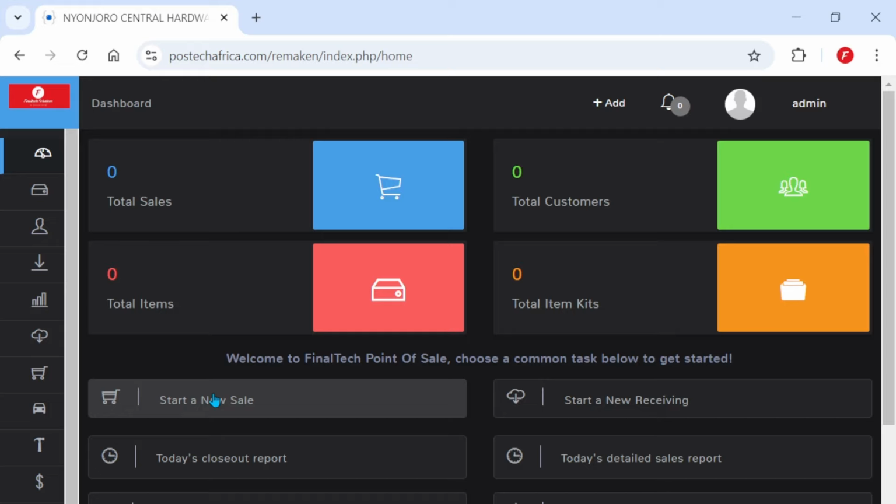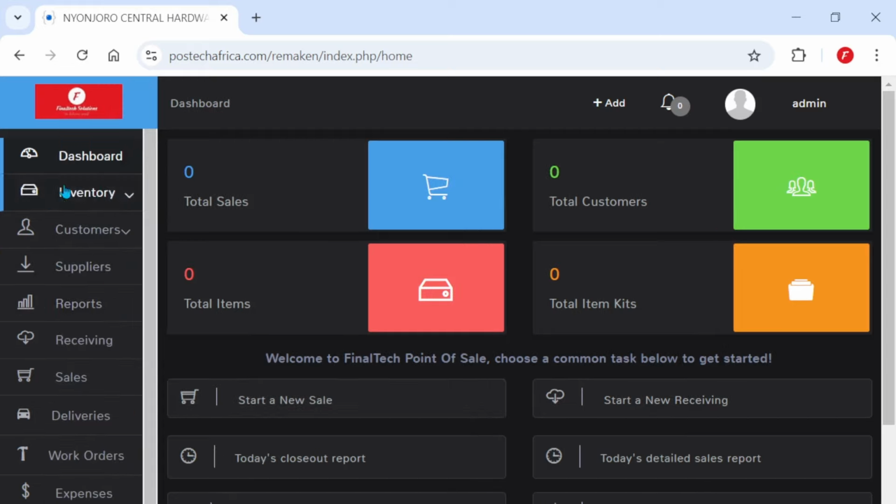Everything is working perfectly. We'll be going through each and every one of these features and show you practically how they work. And at the end of the day, you'll be able to see the final results from the reports that you're able to generate from this POS,